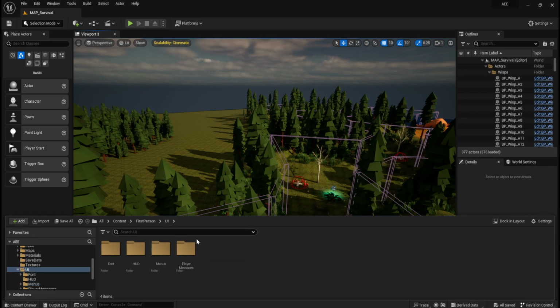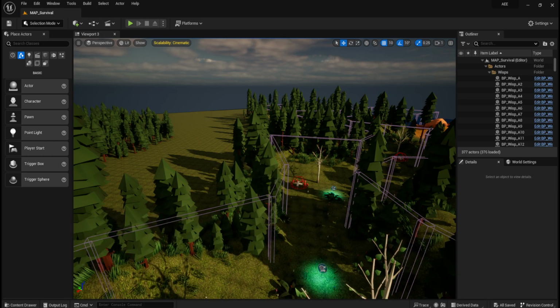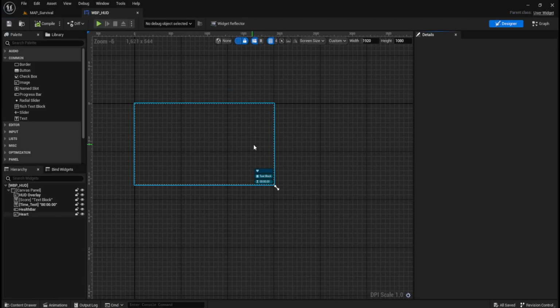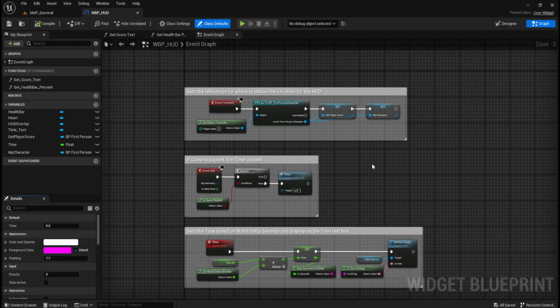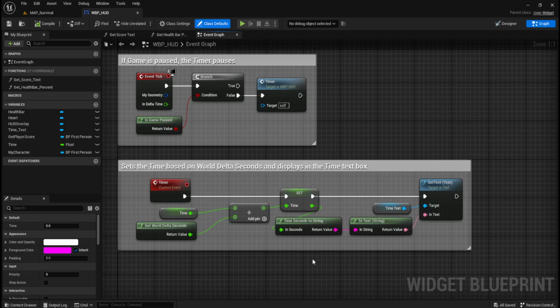No, HUD. Graph. That's what I mean. Oh my god. Look at that.